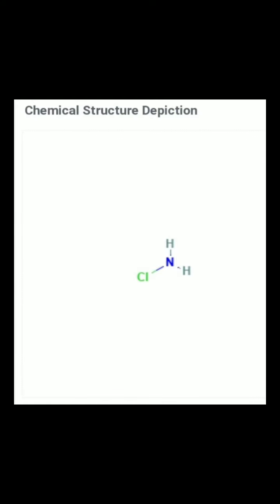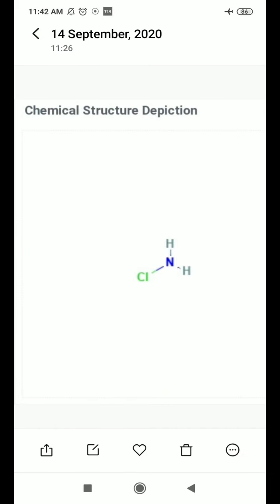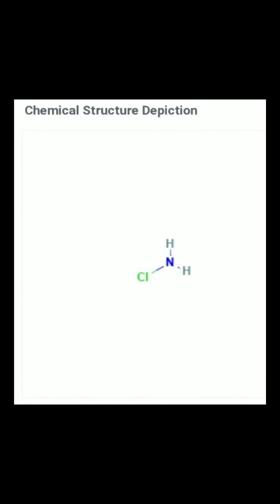in this structure is replaced by chlorine, then it becomes dichloramine. Dichloramine means one hydrogen is replaced with chlorine, so it becomes two chlorine atoms and NH, that is NHCl2. NHCl2 is nothing but your dichloramine. If the last hydrogen atom of this structure is replaced by chlorine, then it becomes NCl3. This is known as trichloramine.